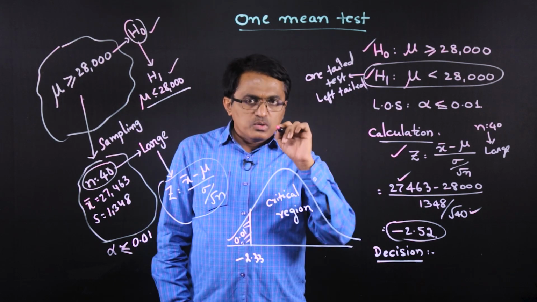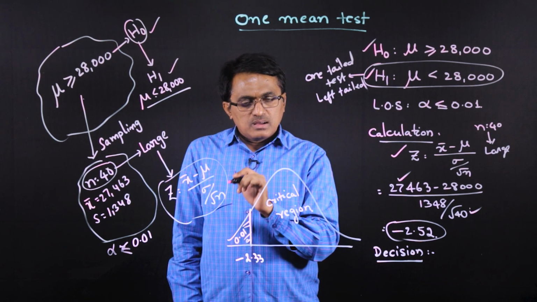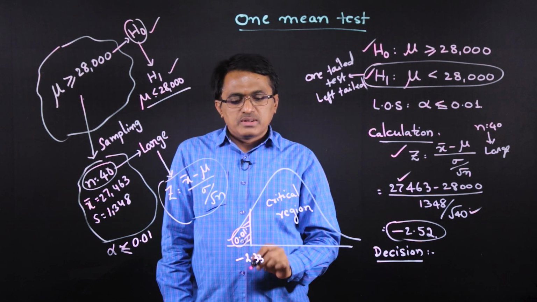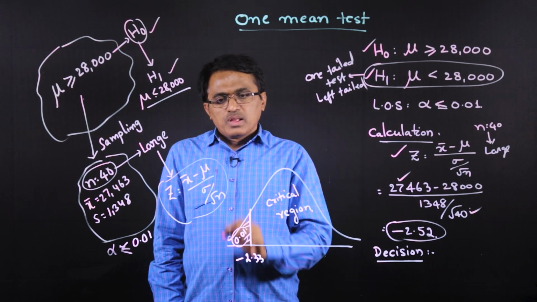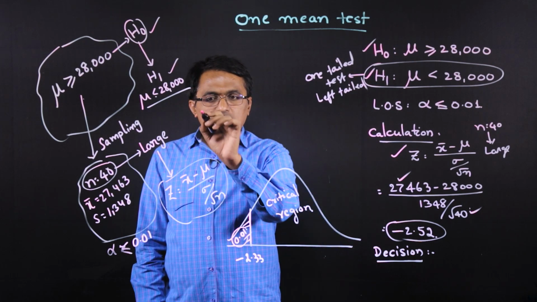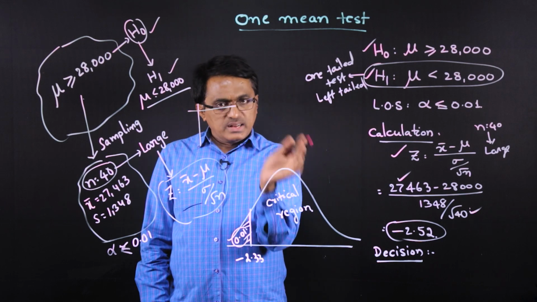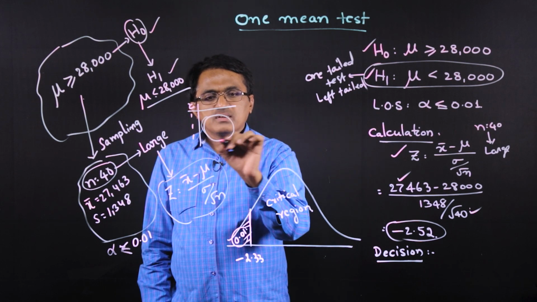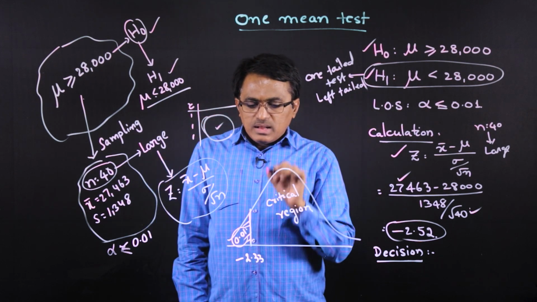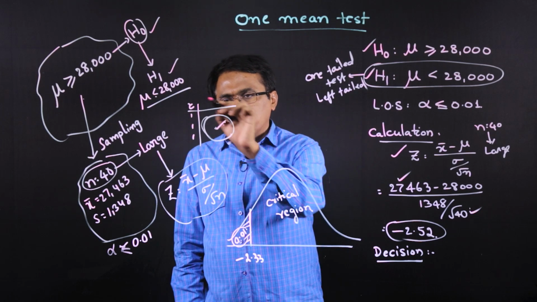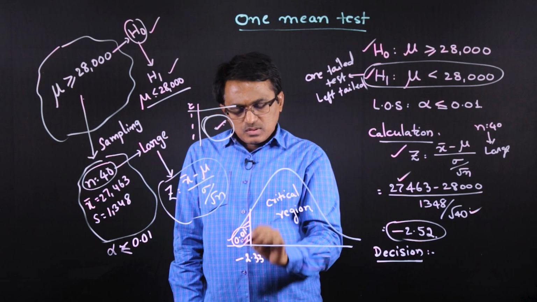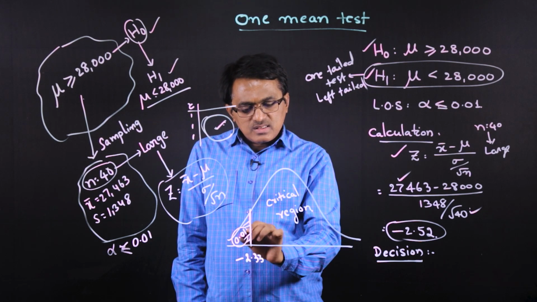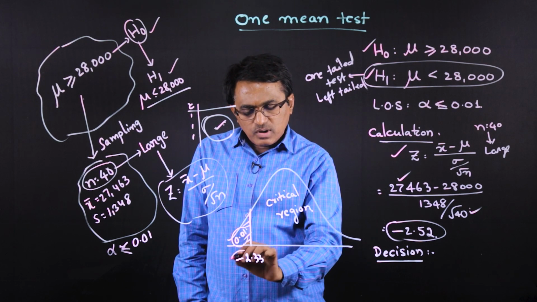Next, we have to see the normal distribution tables, and from the normal distribution tables, for the given probability 0.01, what is the corresponding Z value. So here it is different from what we did earlier, where Z values are given here, where probabilities are given here. Now in this case, we know the probabilities, and we have to find the corresponding Z values. So from the normal distribution table, for this level of significance alpha equal to 0.01, what we are getting is